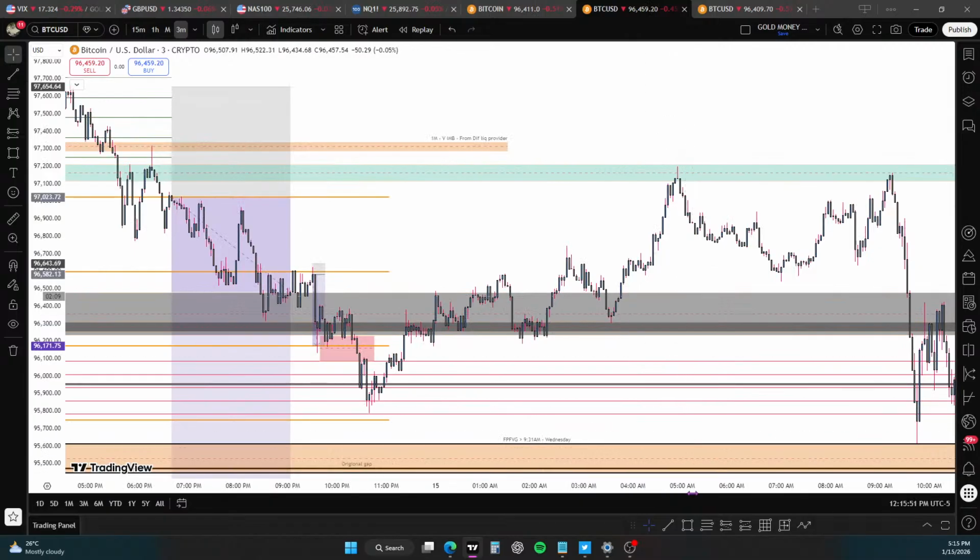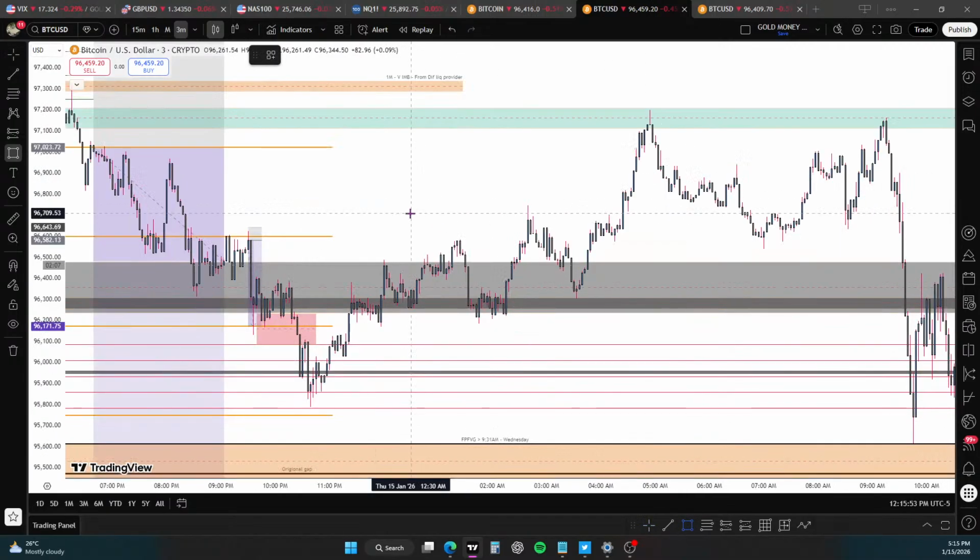Right. So we need to mark out the London Open kill zone. Do you know what the time threshold is? It's a 30-minute window for the London Open kill zone without me having to go back and show you.